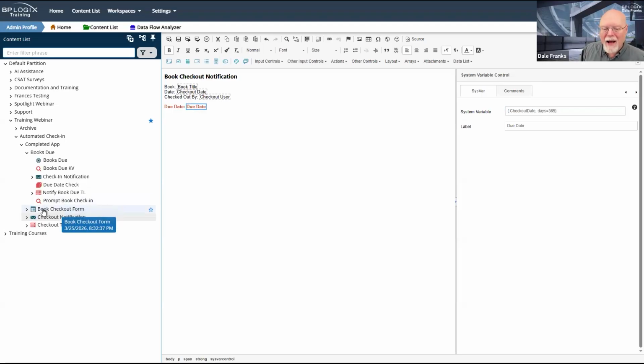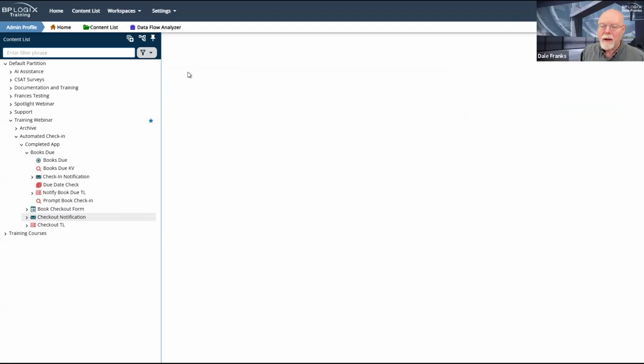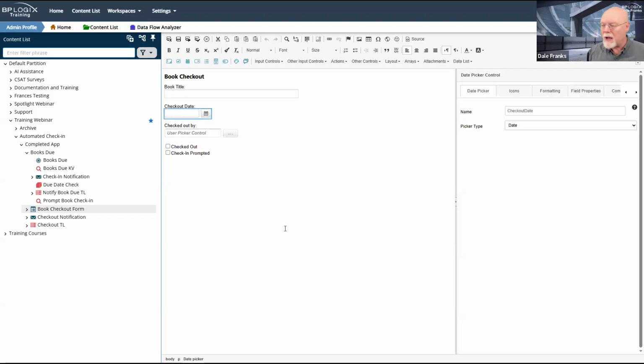Technically, what I could do on my book checkout form, and this may be something that you prefer to do, is create a due date field. Notice no such due date field exists. I am not tracking it as a real field. You could, however, if you wanted to, create another date time picker right next to your checkout date and call it due date.